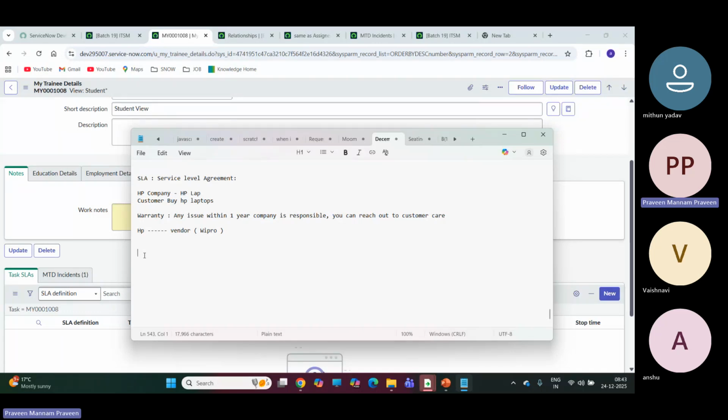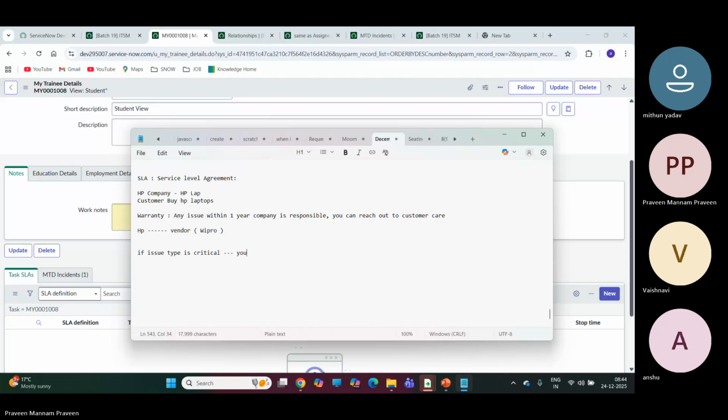For example, one of the customers has an issue. Then immediately he can reach out to customer care. HP company clearly informed Wipro: if the issue type is critical, you should work